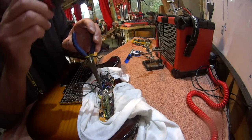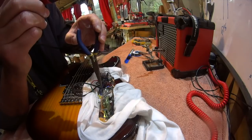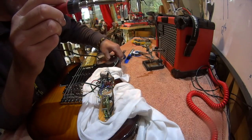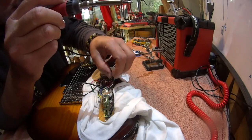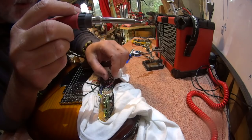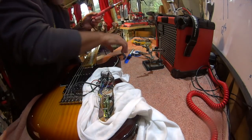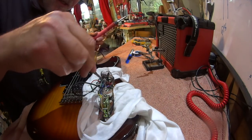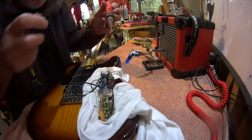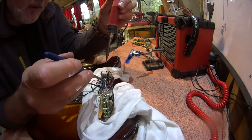Bare wire. There it is. And cord. Now I'm going to do the two bits as previously to the switch. So the first one is the white one. It's going to go in here. Oh, of course it's got no gap, so I'm going to have to use the soldering iron to let it get through,